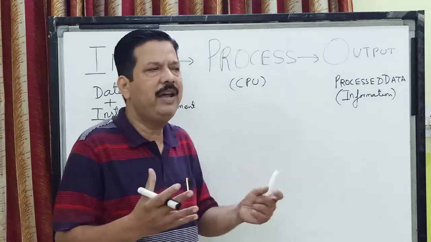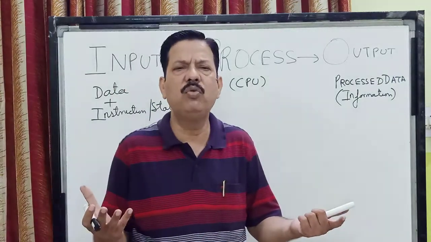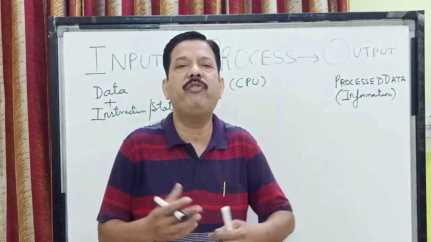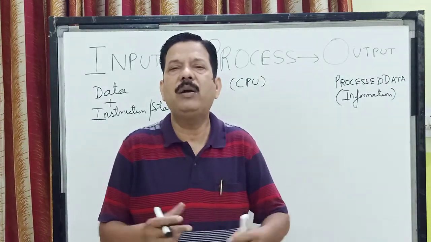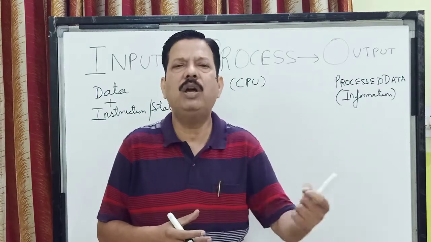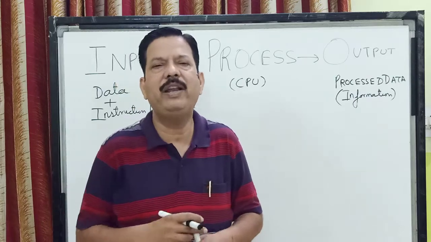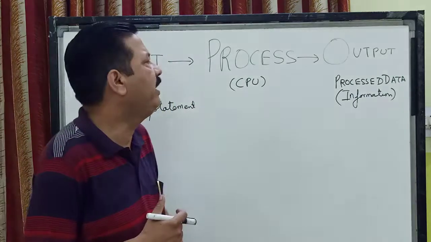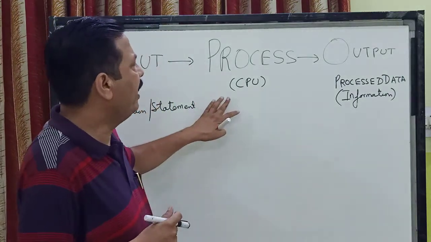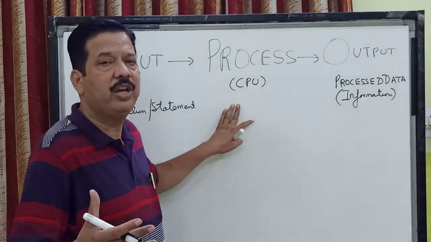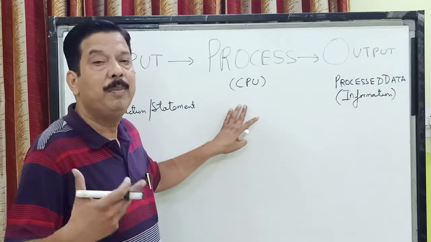Now children, data is raw fact, it is not of our use, but when it becomes meaningful to us, then it is of our use. Say for example, when we are talking about tea leaves or sugar, they are only of use when they are formed into tea, when they get processed. And children, in the same way, process is a series of actions done on data to make it meaningful.